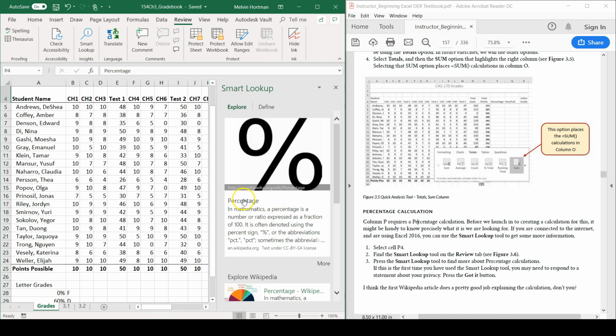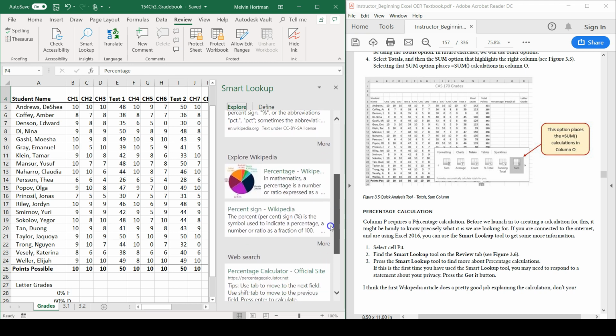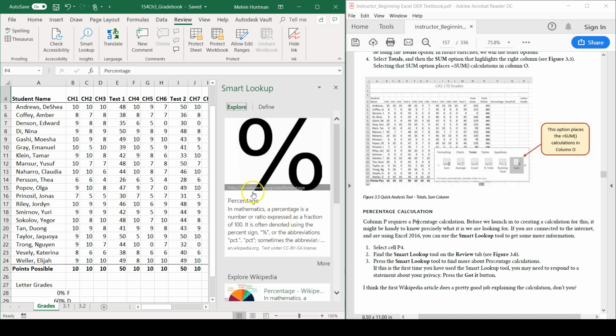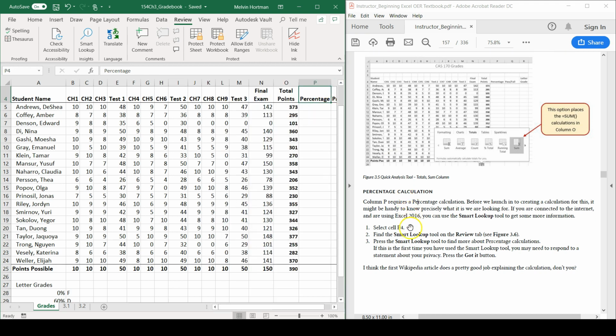So I had written percentage in the contents of that cell, so it's given me a Wikipedia article on percentage as well as some more web search links. So if you didn't know what percentage is right now, the first Wikipedia article gives a pretty good explanation of it. I'll click this X right here to get out of that,